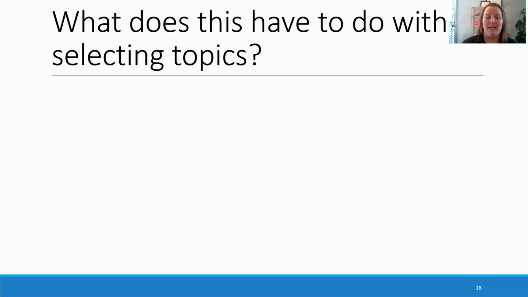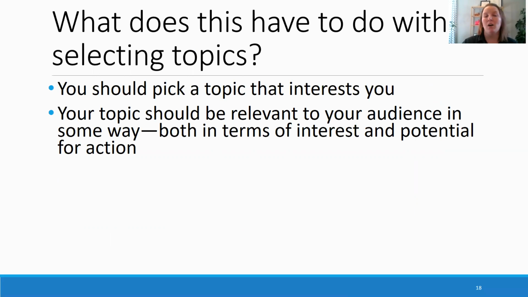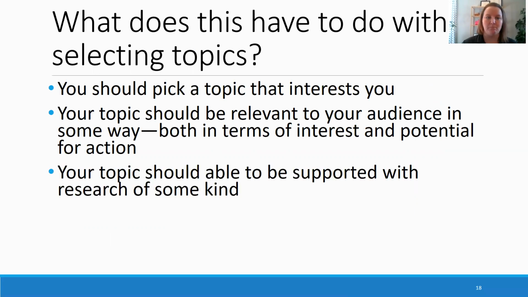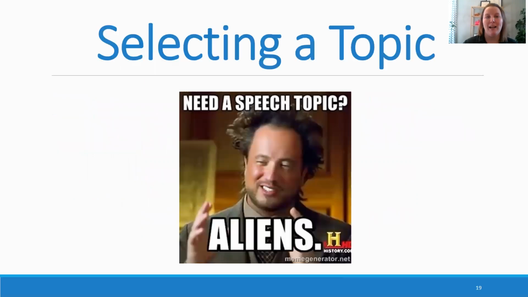So this idea of being ethical towards their audience informs the way that we choose speech topics. So you should absolutely pick a topic that interests you, but you should also make sure that your topic is relevant to your audience in some way. Your topic should be able to be supported by research, and it should be able to move the audience's opinion in some way. And so keeping that in mind,